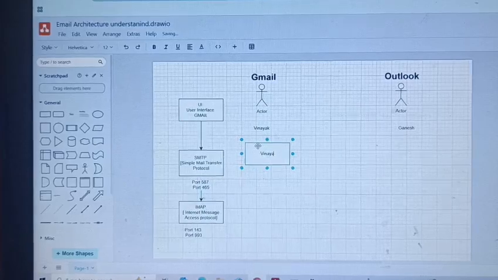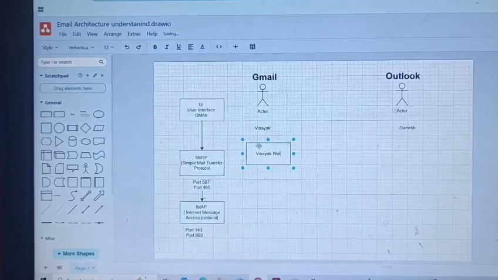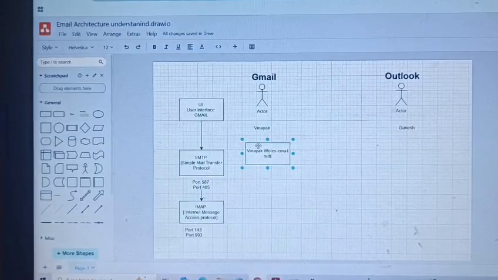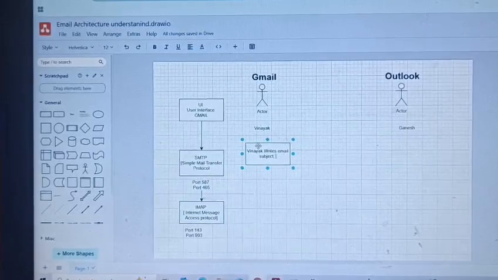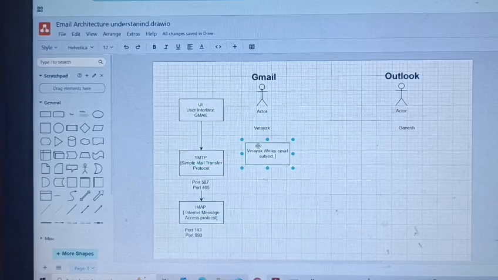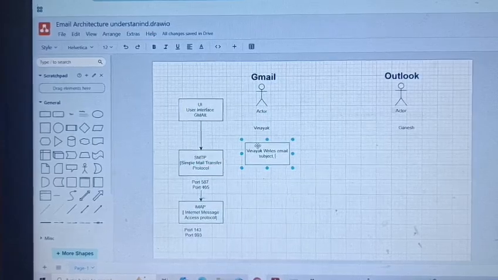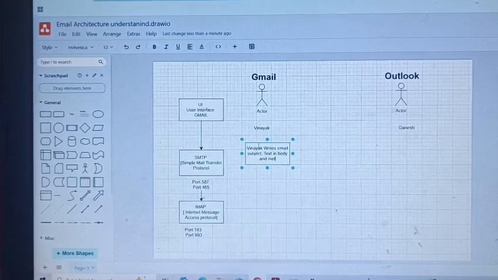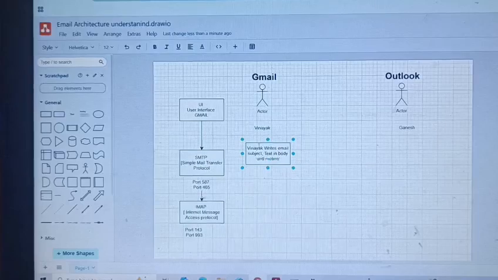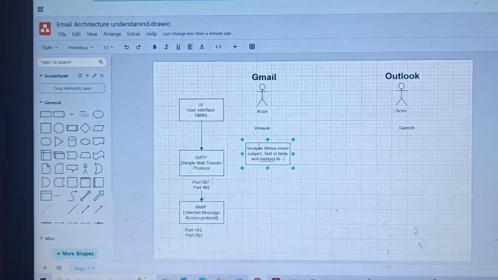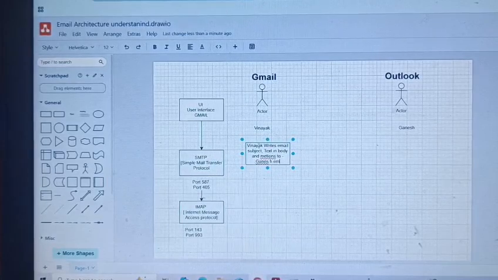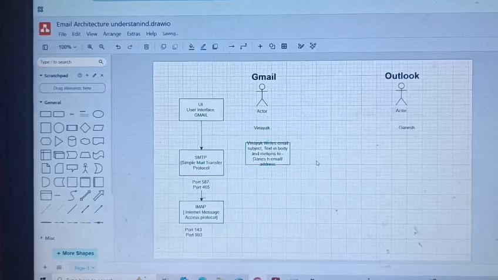So Vinayak writes the recipient, email subject, text in body, and mentions Ganesh's email address. Once that is done,